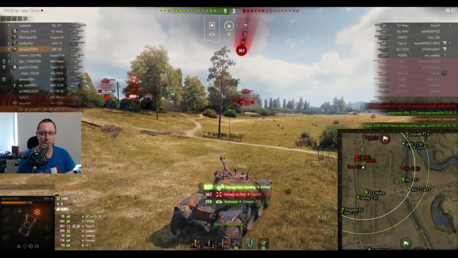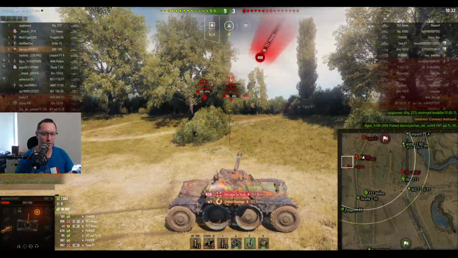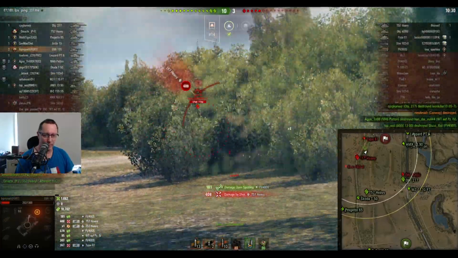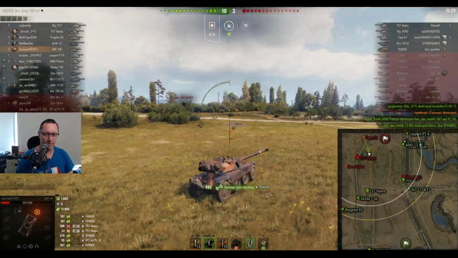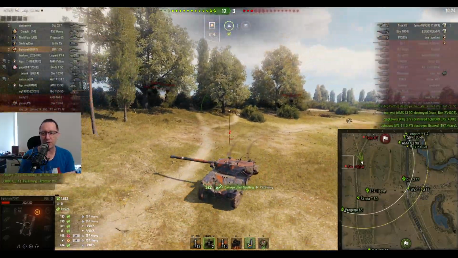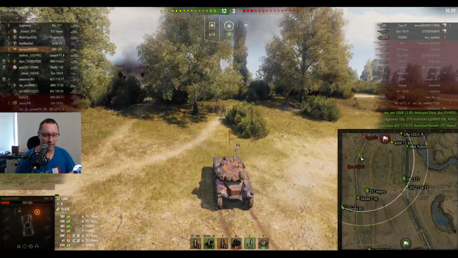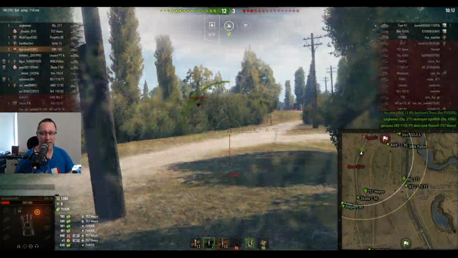Auto aims and shoots and kills the Conway. The IS-7 and the Waffenträger Aufpanzer 4 all get taken out. He loses his gun, fixes his gun with a quick tap of the 4 key and continues to run around like a man possessed. There's the Type 61 back there in the corner. There goes the T57, the Object 252U, the Death Star, or the FE4005 I should say, and that's 11,500 assisted